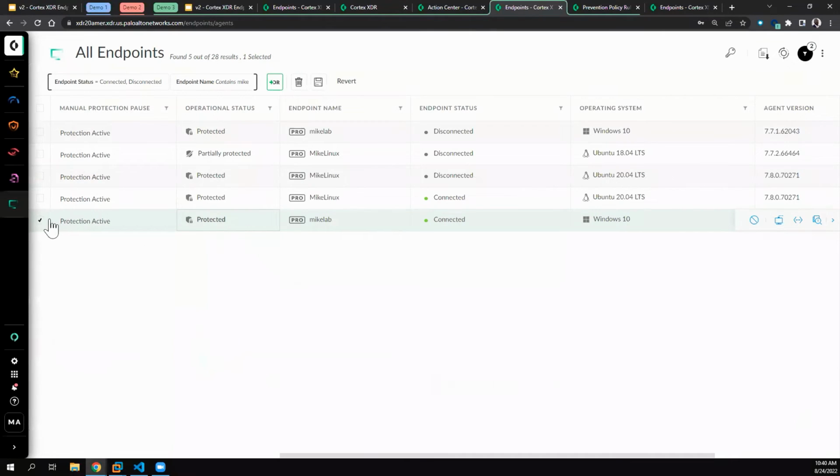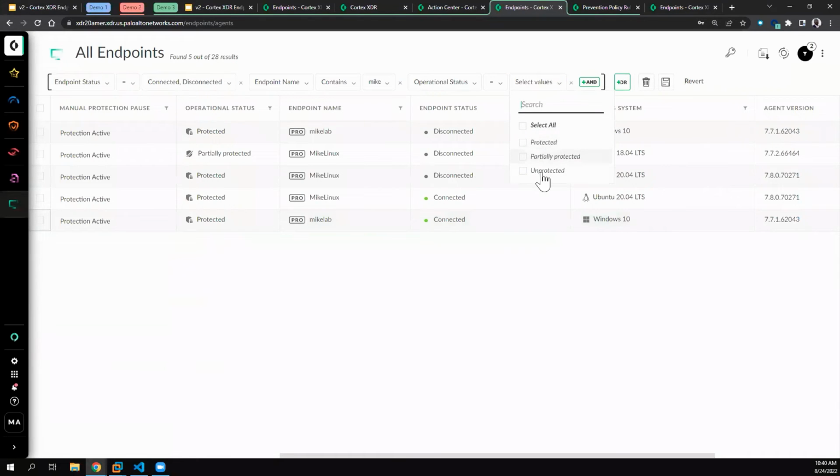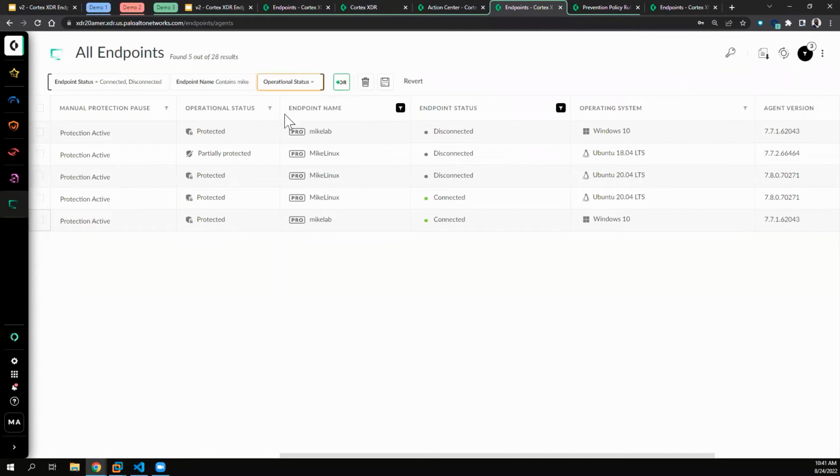Now, the next thing I want to show is the operational status here, which can be protected, partially protected, or unprotected. It is better for you to have protected and partially protected, especially when you have incompatibility in one of the agents here, you are partially protected. The ones you do not want to have will be unprotected, the reasons for which we're going to expand on later. Now, for you to know the details of what is making your operational status to be